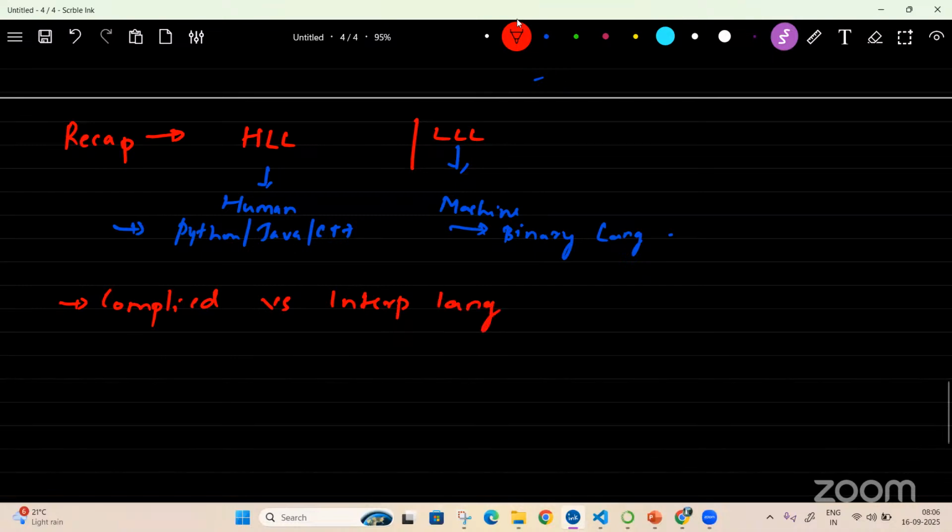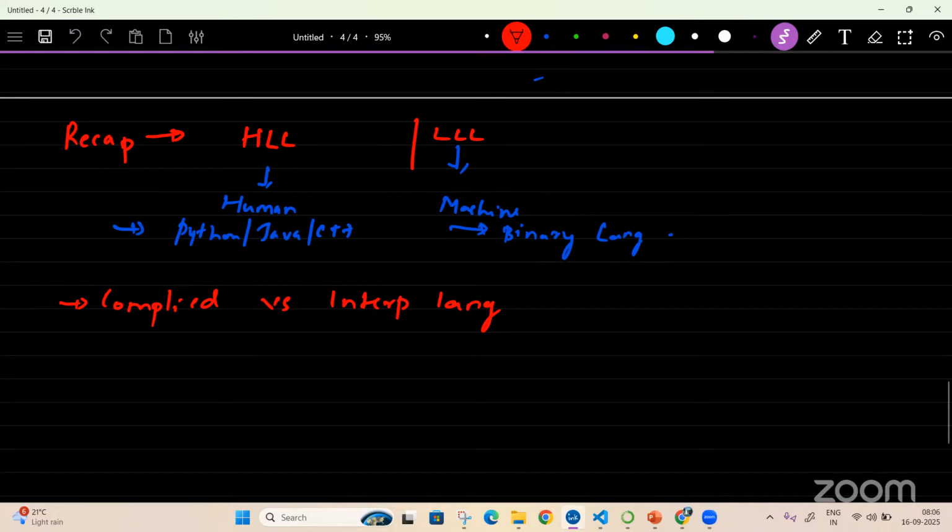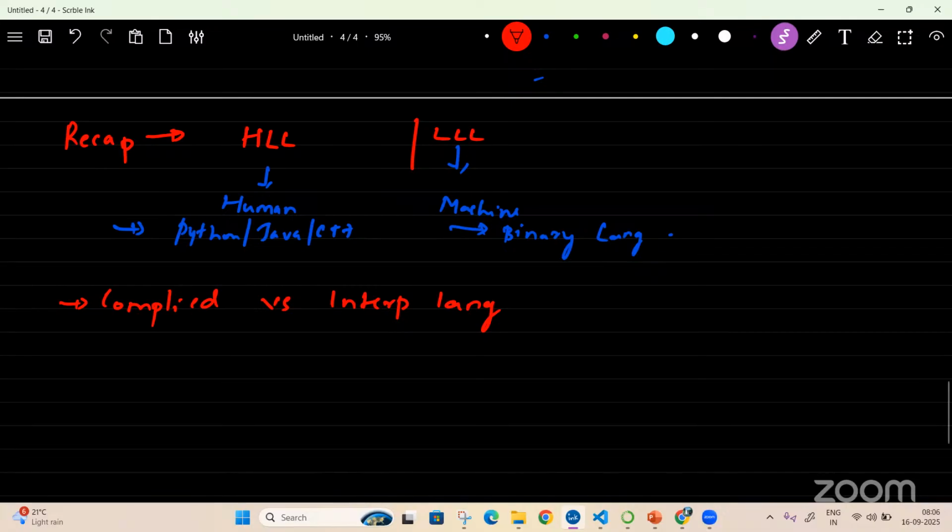A compiled language is fully executed at a time. An interpreted language executes line by line. If there are any issues, we sort them out at the time of execution. Some games like FIFA are fully compiled and written on a CD, so we can start using them without any issues, like heavy apps. But for interpreted languages, we can use them from the cloud and run side by side, and if there is any issue, we can sort it out.